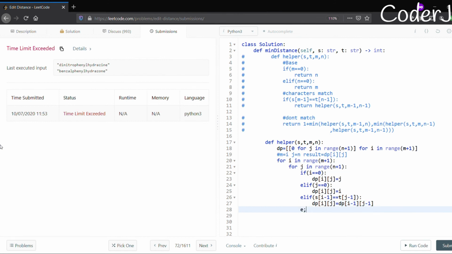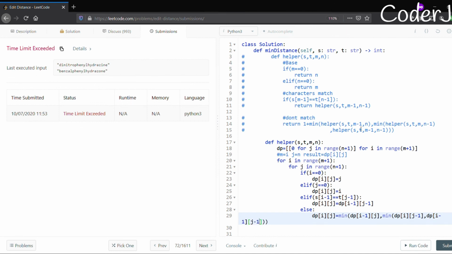Else the biggest condition that we had there: dp of i and j will be equal to, just write down those same things, don't even need to think twice. It will be equal to dp of i minus 1 j, or minimum of, I just need to find out the minimum of three of those values. So I'm passing minimum two parameters, so I'm just passing it two times. Okay, so dp of i and j minus 1, or dp of i minus 1 j minus 1.